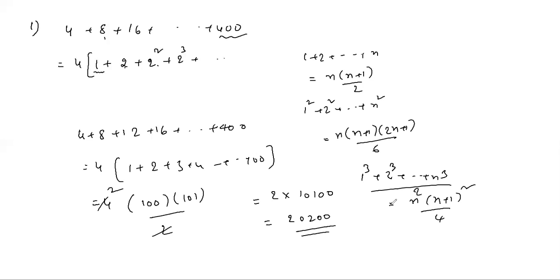This one whole square. So how did you get 4 square in the question? In the last step, you got 4 square. How did you get it? These are the formulas. No, but how did you get 4 square in the step? This is not 4 square, I mean 4 into 100 into 101 by 2. I am cancelling 2 times. This is n into n plus 1 by 2. 2 will cancel 2 times. Next multiplication. Yes, sir.